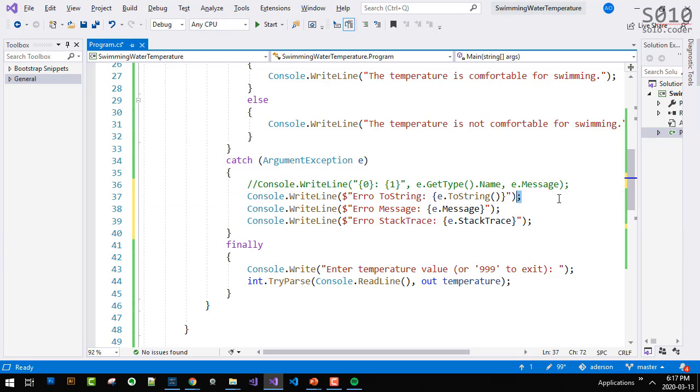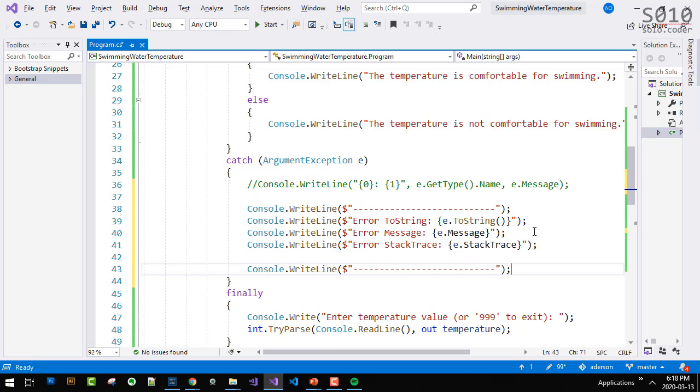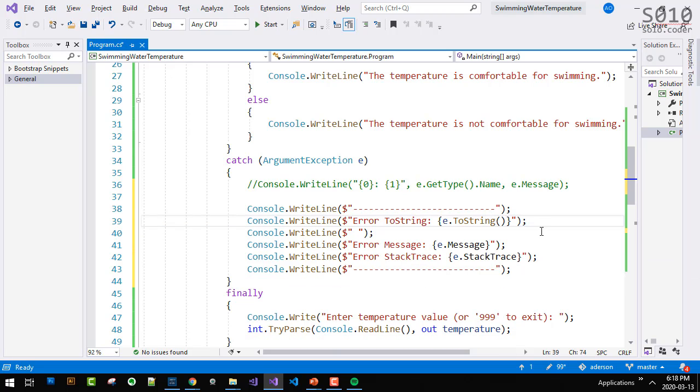I'm just going to create a very distinct block here so you can really see the difference from one to the other.